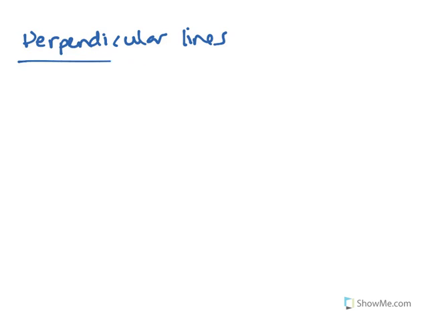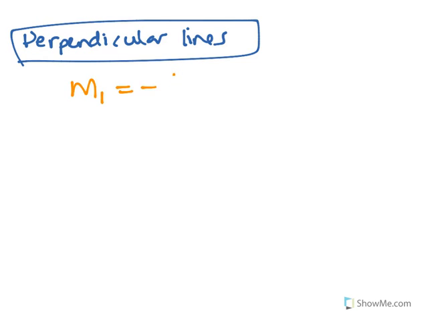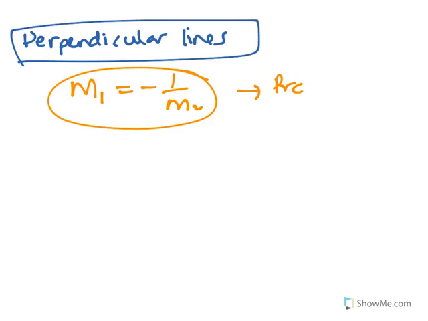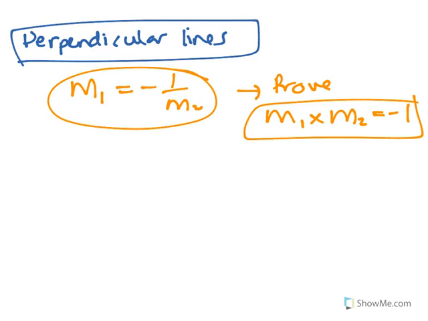Okay, now for perpendicular lines, basically m1 equals minus 1 on m2. And if you want to actually prove it, if you multiply the gradients, then you should get minus 1. Okay, because if you think about it, m1 times minus 1 on m2, when you cancel,